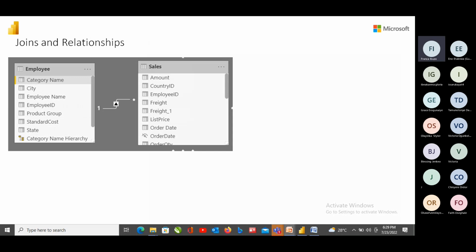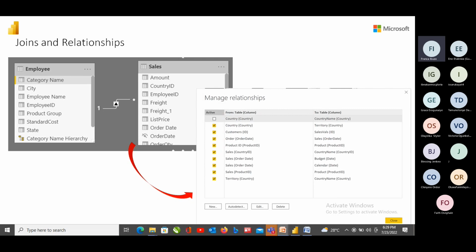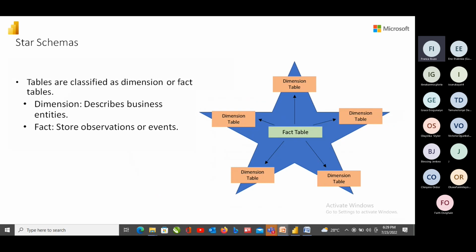We have joins and relationships. Here you have the employee table and the sales table. This is a one-to-many relationship, that's what we call it. That's the relationship here, one-to-many. We'll see how to manage the relationship. And over here, we have